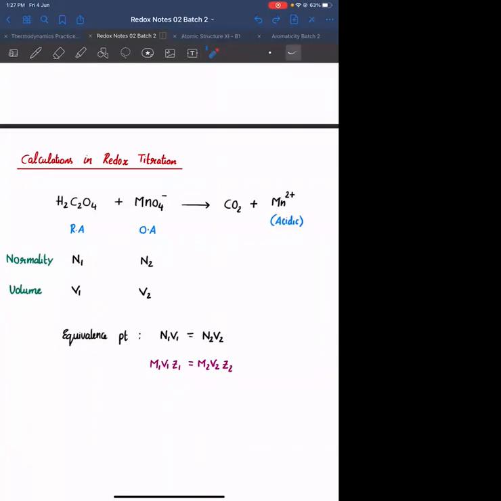Is this clear? In the calculations, what we will include is N1V1 equal to the entire volume. There will be some error. Actually, the volume needed to achieve the equivalence point will be slightly less than this volume. Agreed? Okay. But the error in the calculation because of putting in that particular value will be very, very less.